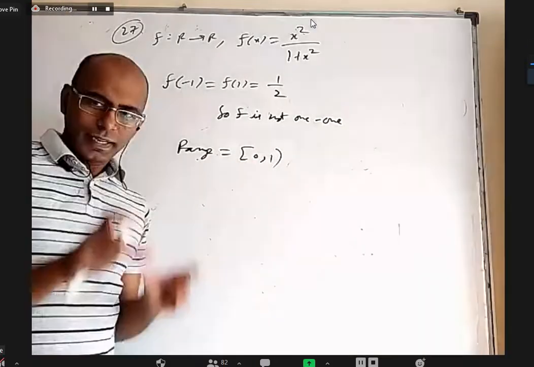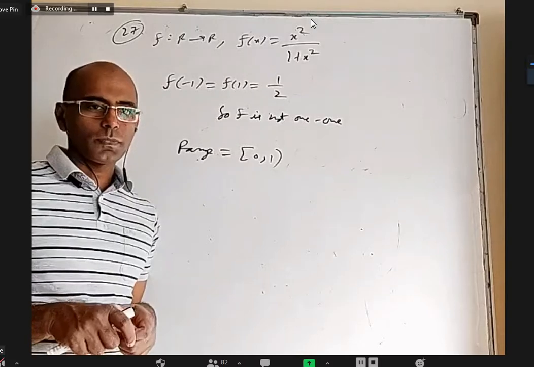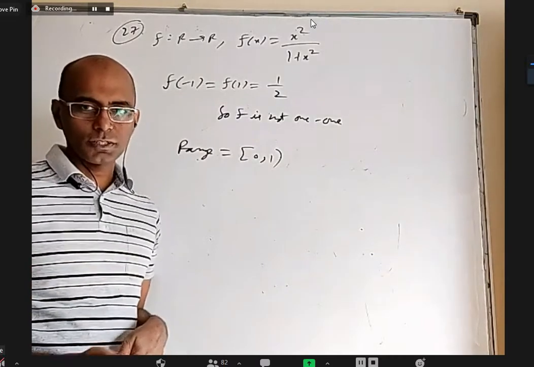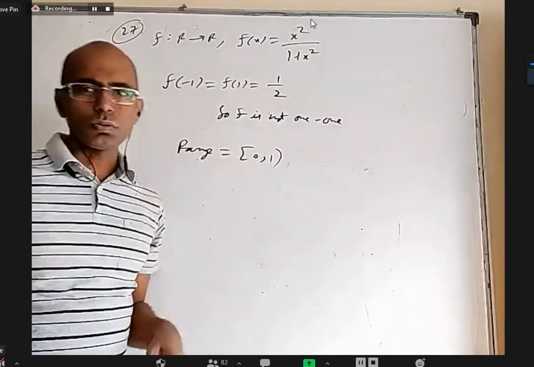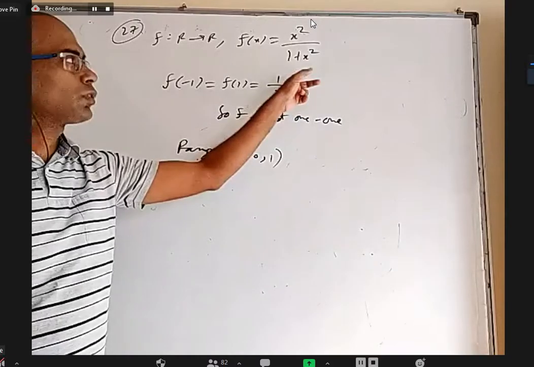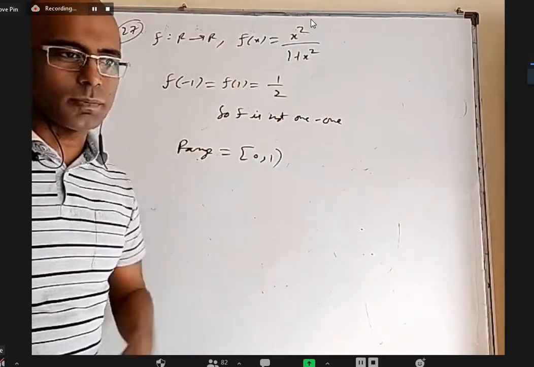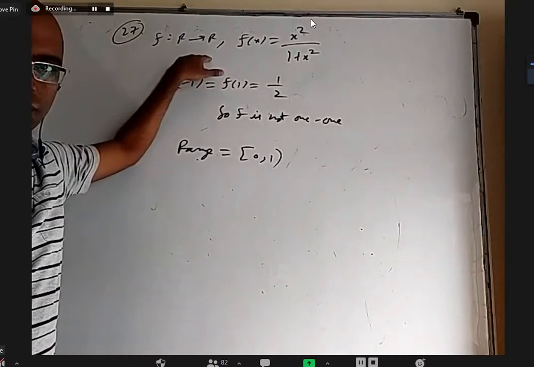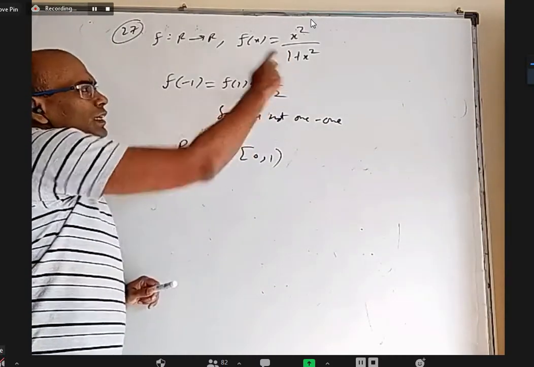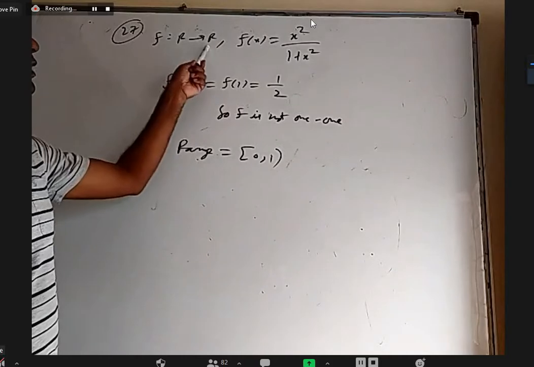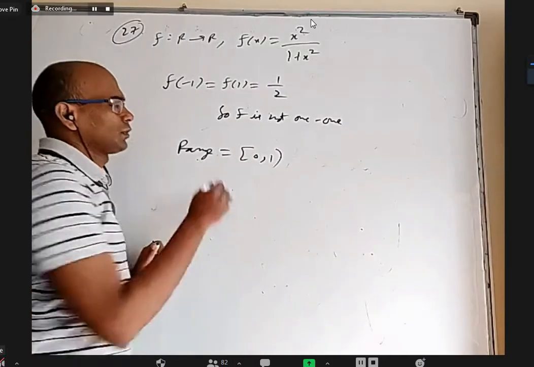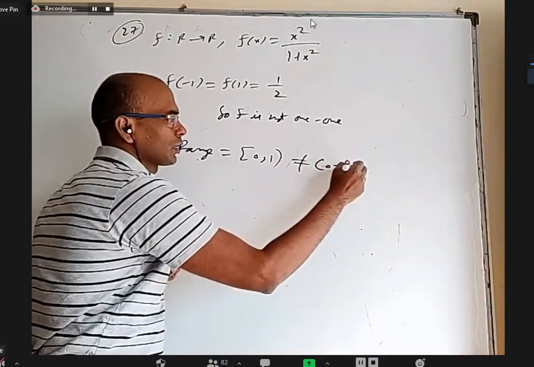In fact, earlier we had done domain and range. The reason I did range before all these things is that if you want to tell whether onto or not, you have to know how to find the range. But to tell that it is not onto, it is not necessary to find the complete range. You can easily say this value will be less than 1. So any number more than 1 in the codomain will not have a pre-image, and the codomain has many numbers more than 1. So without writing the exact range, f of x cannot be more than 1, and for all elements in the codomain more than 1, there is no pre-image. So the range is this, which is not equal to codomain R.